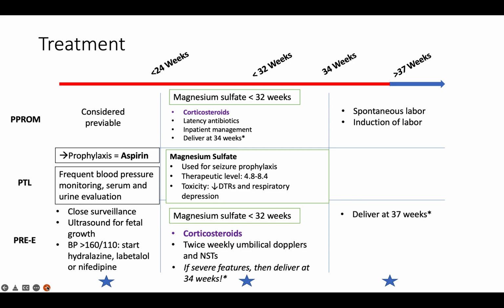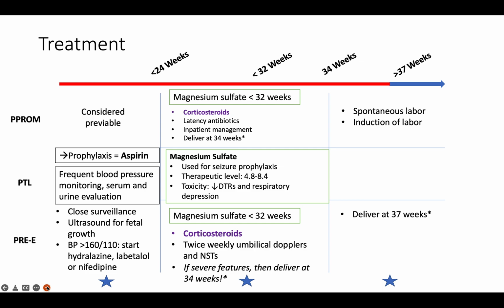Severe features include thrombocytopenia with a platelet count less than 100, elevated liver enzymes twice the upper limit of normal, severe persistent right upper quadrant or epigastric pain not accounted for by another diagnosis, renal insufficiency or creatinine greater than 1.1 or double their normal creatinine if they have a renal disease, pulmonary edema, new onset headache unrelieved by Tylenol, and visual